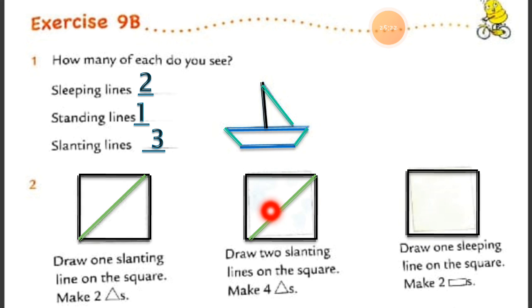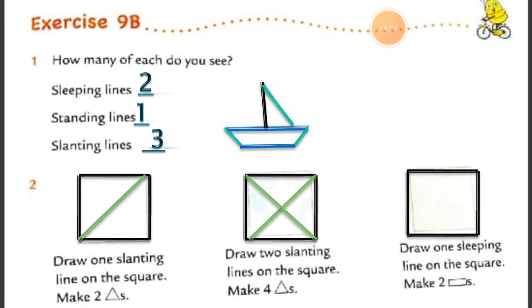See this, I draw one slanting line here, as in the first square we did draw the one slanting line, same as we drew the first slanting line in this given square. It made the two triangles. One slanting line will make the two triangles. So if we draw the two slanting lines this way, one is this way and one is this way, how many triangles does it make?